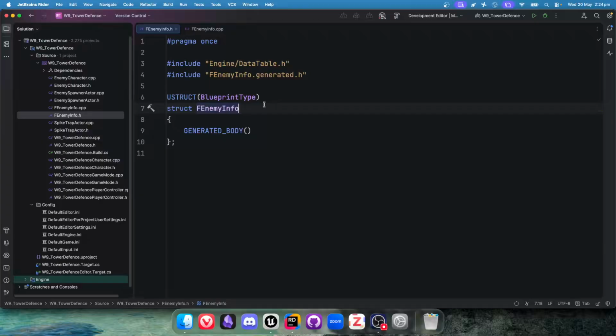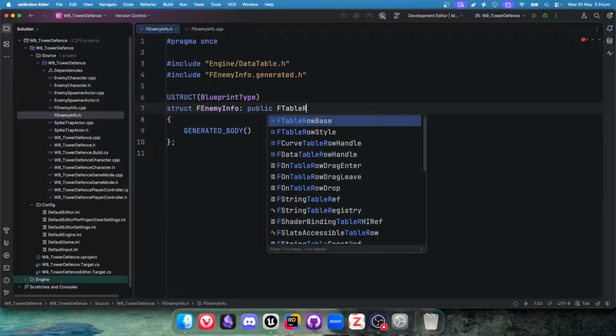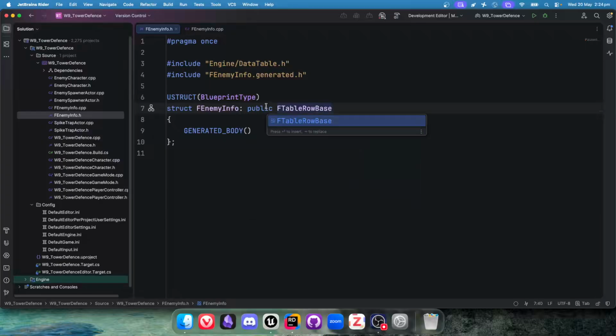Now, I also need to have this inherit, so structs can still have inheritance like classes. I'm going to do public FTableRowBase. So this is just, again, a struct inside of the data table header file that specifies how a particular row inside of a data table works. And then all I need to do from here is just specify the variables that we're going to have, or